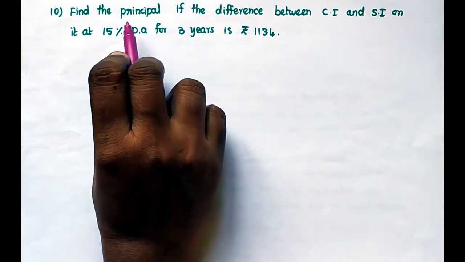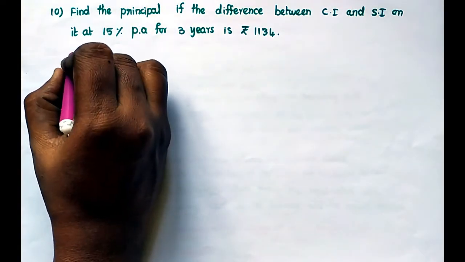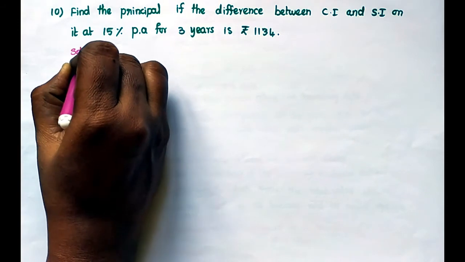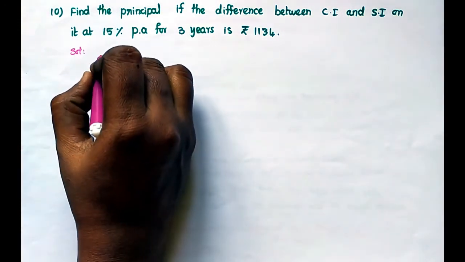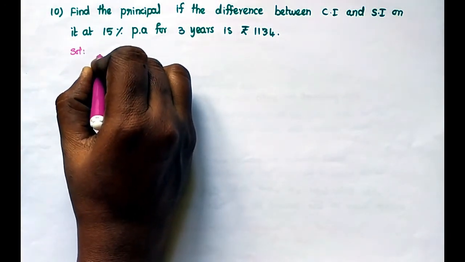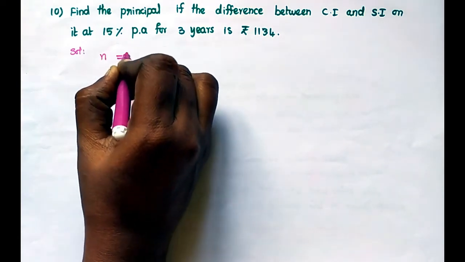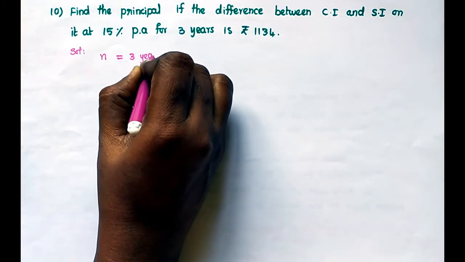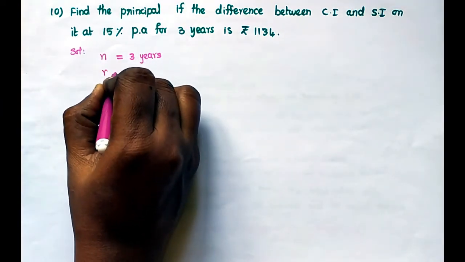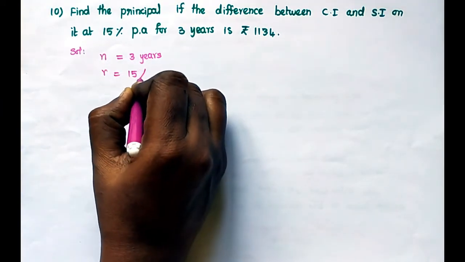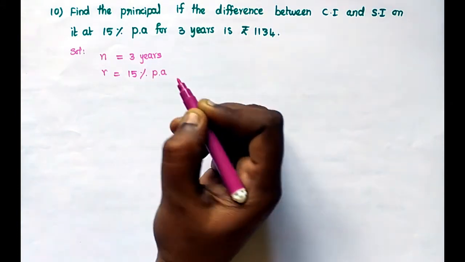Now we have to find out the principal. Now write down what they have given. Number of years, 3 years, and rate of interest 15% per annum,